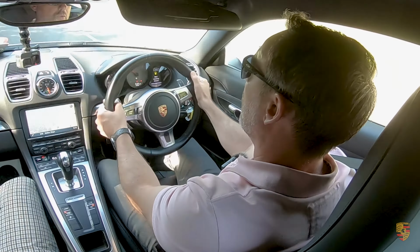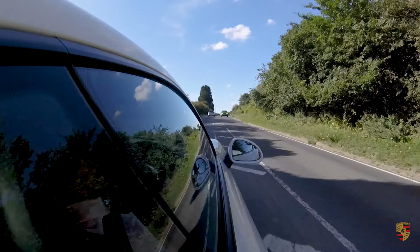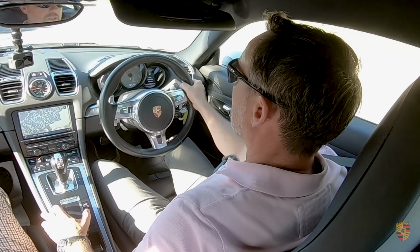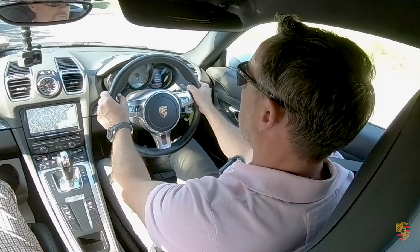So I didn't actually pull the Tiptronic box myself at all then. I allowed the car to do what it wanted to, and it's just clicked into 3rd again, and it's ready to go. And the suspension stiffens up, and a lot of fun. However, we're coming back to the 30 now, so we'll go back into comfort mode, 30 miles an hour, and we've just dropped into 5th, and it'll click itself back into 6th. So fairly economical as well,